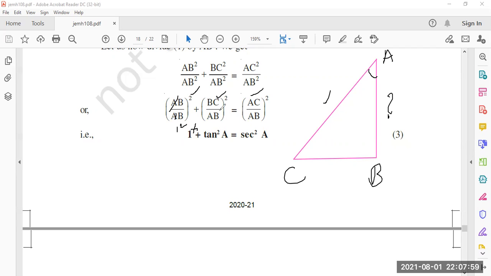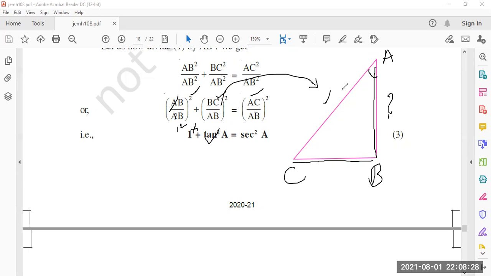BC upon AB, we need to identify BC upon AB is of which ratio. BC here for angle A, BC is opposite. For angle A, AB is adjacent. So which ratio is called? Which ratio involves opposite by adjacent? It is obviously the tan ratio. Since BC upon AB is tan, and because of whole square, it becomes tan square A is equal